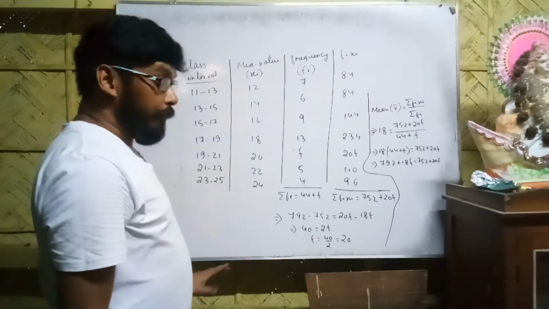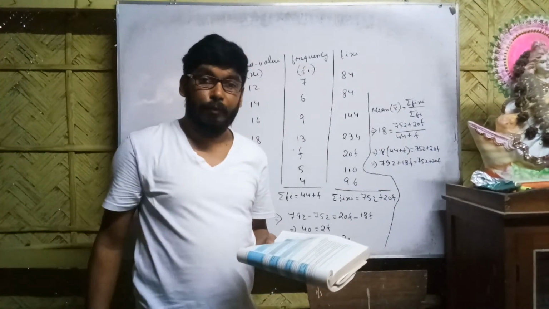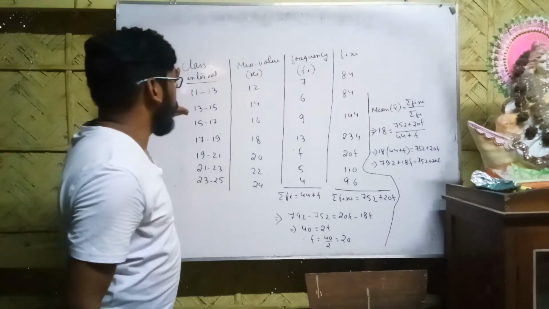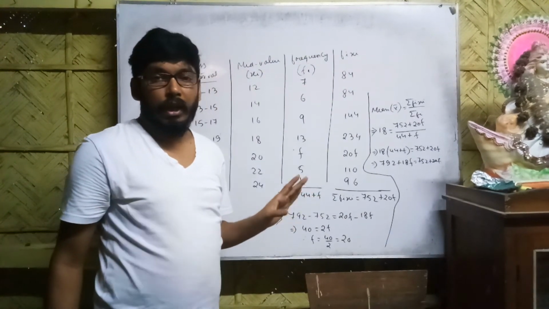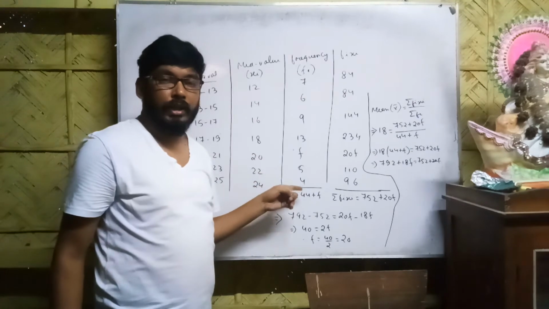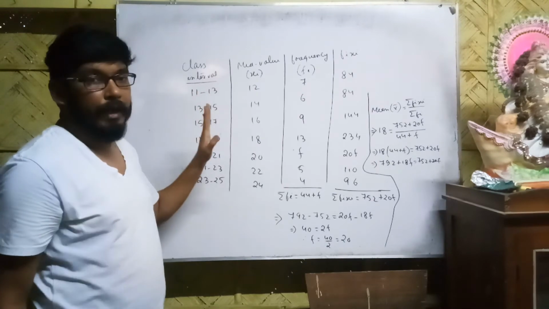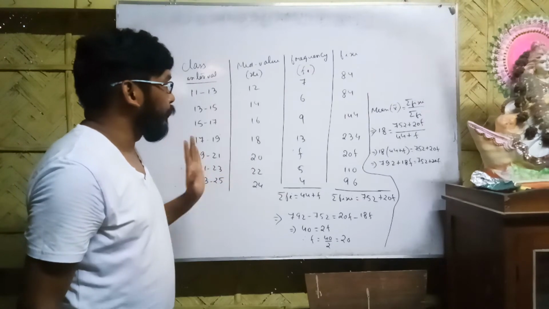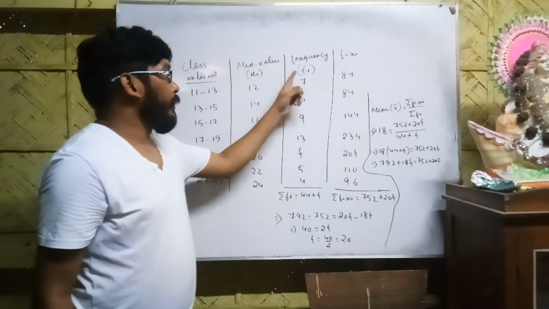Okay, I repeat again. Here one of the frequencies was missing, and that missing frequency I have to find out. The mean is given as 18. So what I have done: class interval, mid value, frequency, fi xi. I have used the direct method to find this missing frequency. The frequency is already given in the question. I have already said how to find the mid value: lower limit plus upper limit divided by 2. So in the first case I got 12, 14, 16, 18, 20, 22, 24. The mid value is denoted by xi.